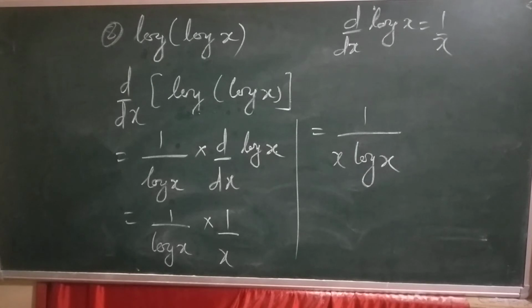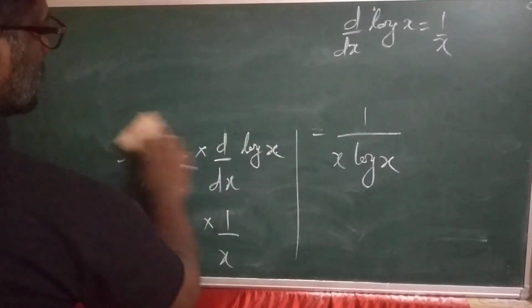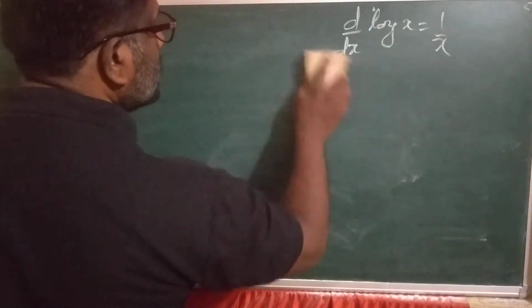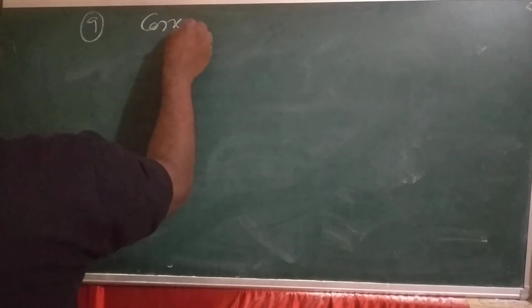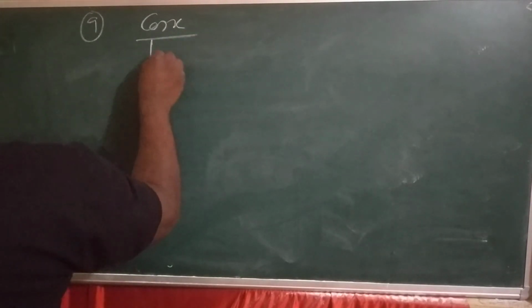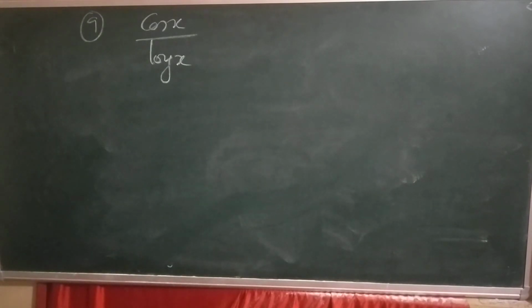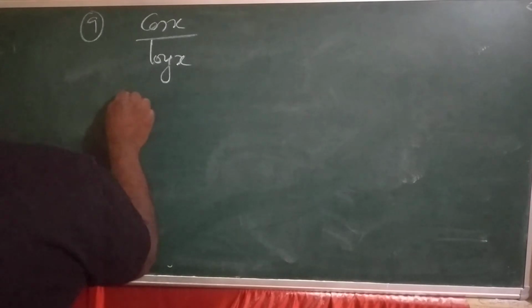Question number 9. The ninth question is given: cos x upon log x. This is numerator upon denominator, a function in terms of u upon v. So